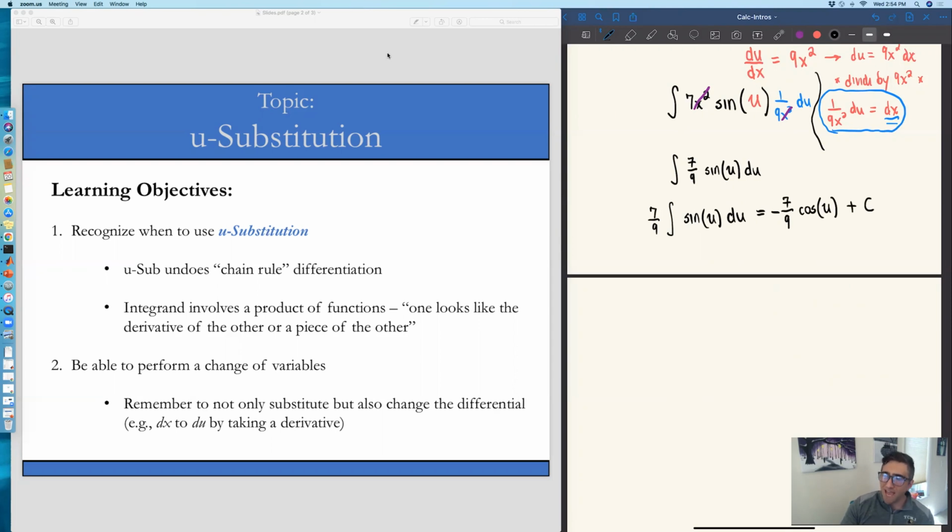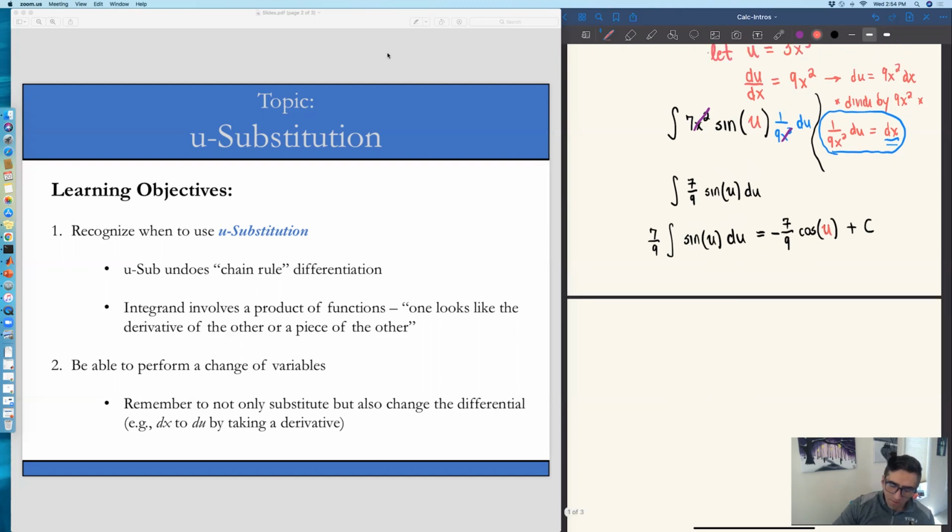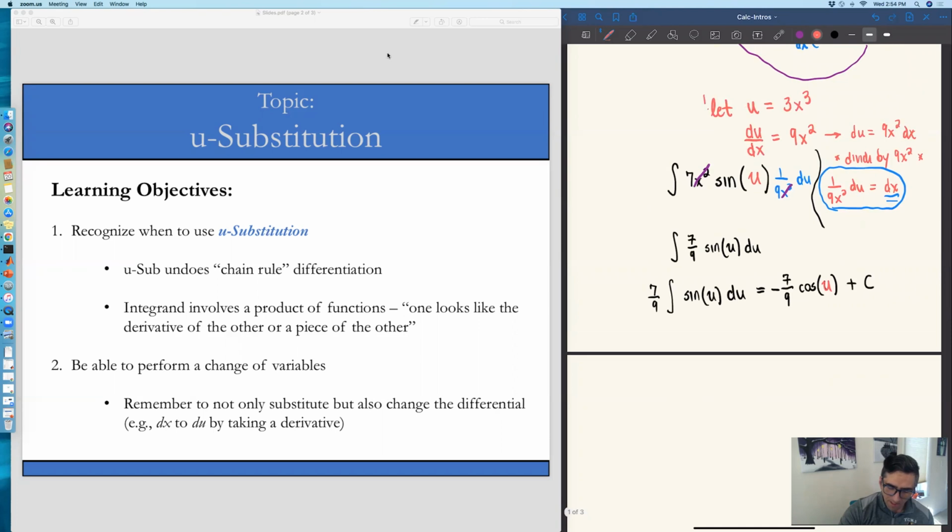But we're not done yet, because we still have that cosine in terms of u. We want to get back to the original variable, which is our variable x. So going back to what we had before, where we let u equal 3x cubed, we get to substitute that 3x cubed in for u last. So our final antiderivative of this problem is minus 7 over 9 cosine of 3x cubed